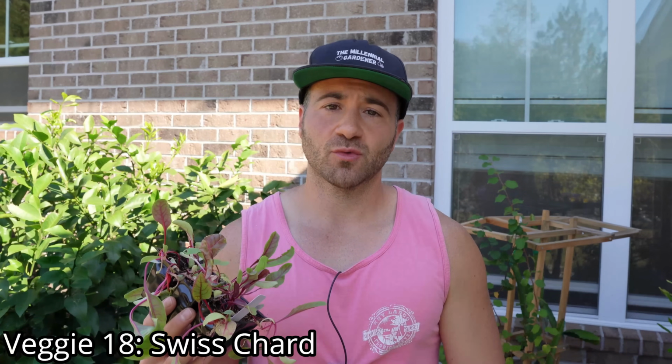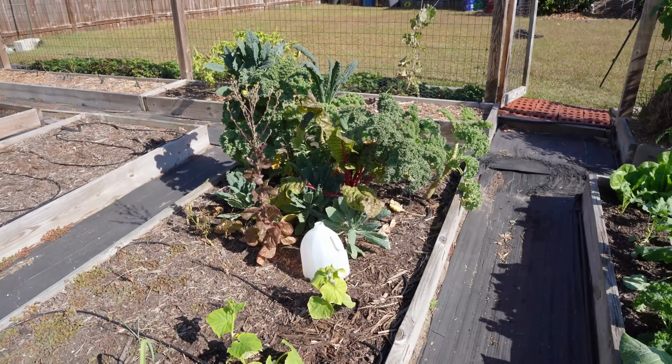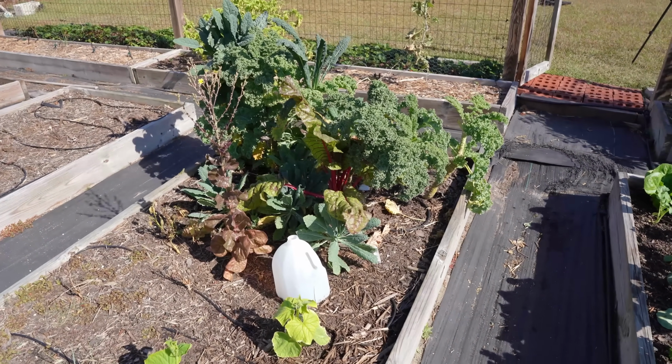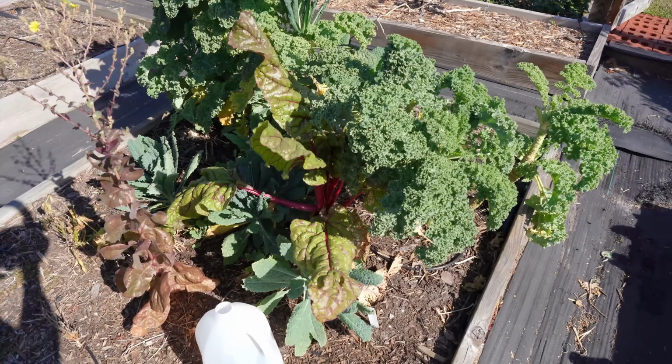Veggie number 18 is Swiss chard. I've been successful growing Swiss chard out in the open in my garden here every winter that I've lived here in 6 years in North Carolina. And right here you'll see some Swiss chard that I have ready for transplant. I'm going to put these out into my garden very soon. However, Swiss chard like being direct sown, so they're not something that you need to start in transplant trays by any means. In fact, Swiss chard is another thing similar to kale that you can harvest in a cut and